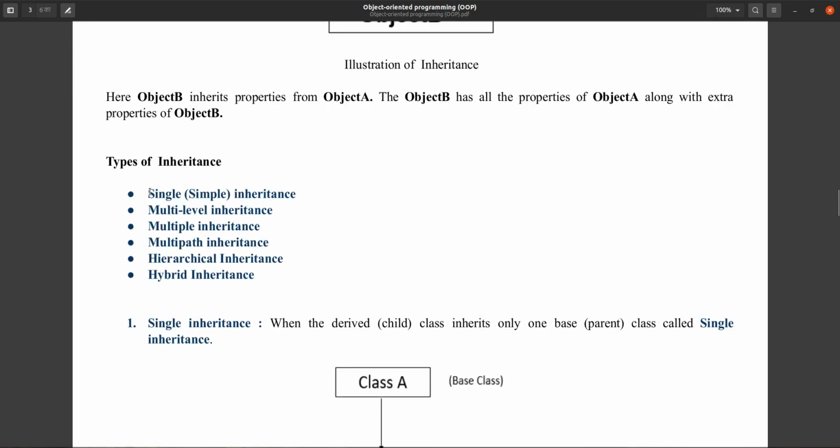We did not see the types of inheritance in depth; we just mentioned that these are the types. Now we will go deep: we will define each type of inheritance thoroughly and see the implementation of each type. So let's get started.